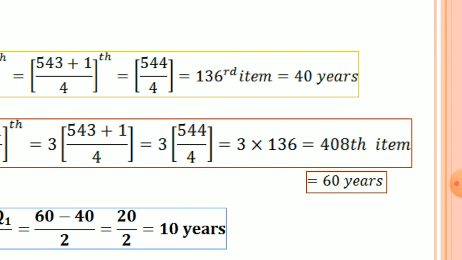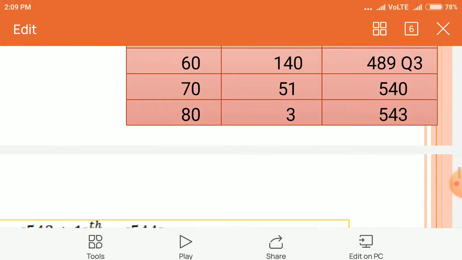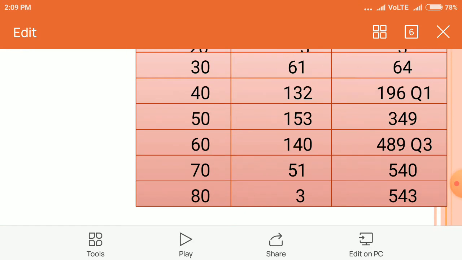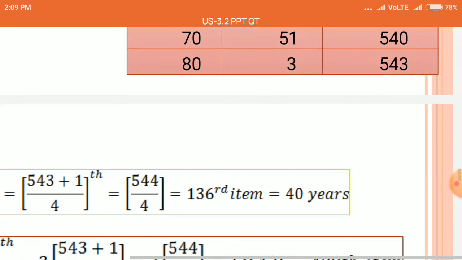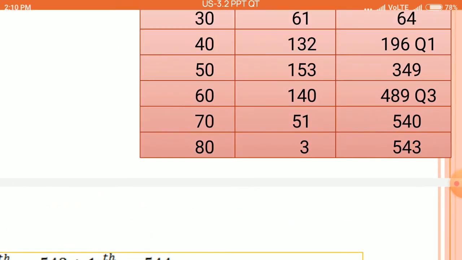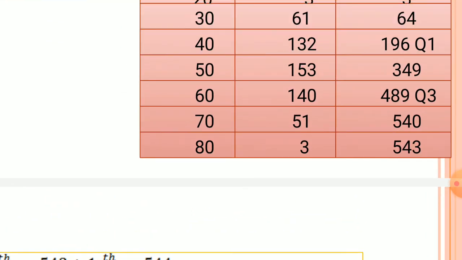So 408, where it falls in the CF column. So 408 falls in 489 in the CF column. So therefore